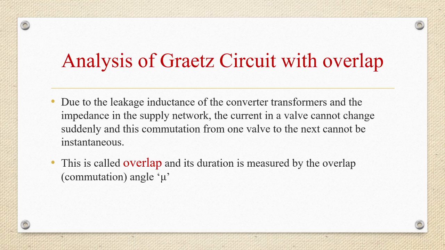In 12 pulse LCC, two grid bridges are connected in series on the DC side and in parallel on the AC side. A 12 pulse LCC is fed by three single phase transformers, each with three windings, one primary and two secondary windings. One set of secondary windings will be connected in star, feeding one bridge, while the other set of secondary windings will be connected in delta, which will feed the second bridge. A UHV DC converter is made up of two 12 pulse converters which are connected in series on the DC side. So we are going to analyze both LCC and VSC configurations and study the converter characteristics.